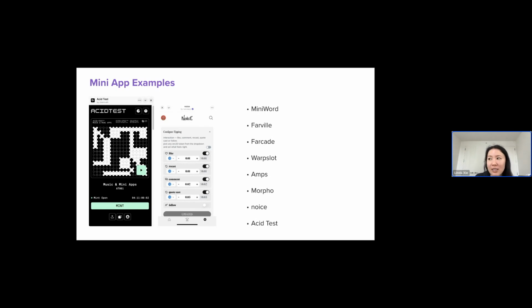The other piece is, I think Noise is a good example, where they allow users to set allowances. If you recast, comment, or quote cast on an interaction, you can automatically give whatever amount you want to set to the user you're interacting with.